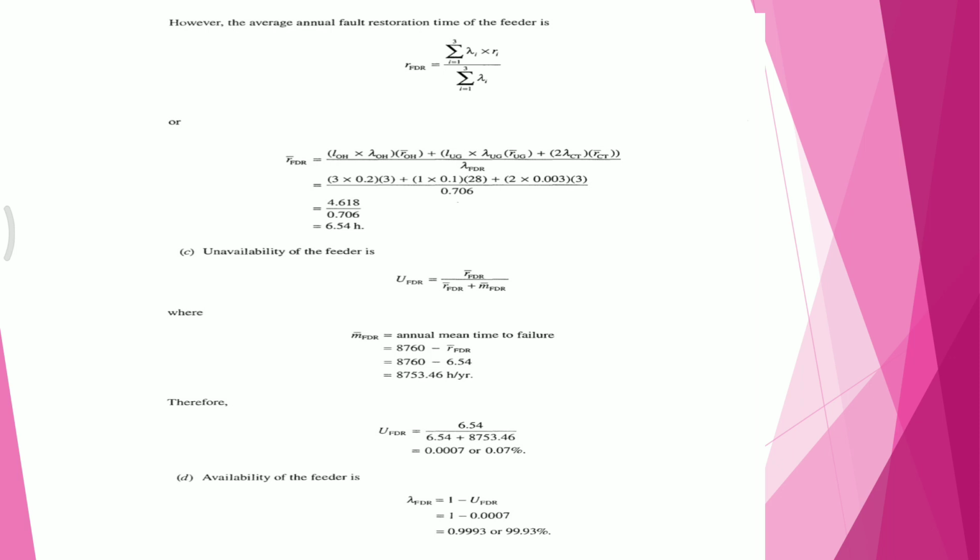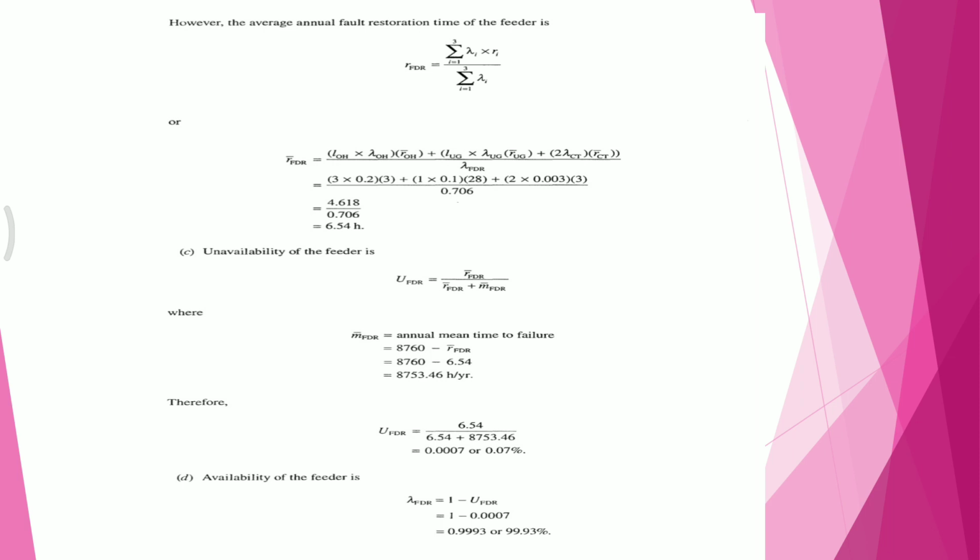Next is unavailability of the feeder. Firstly, we have derived that U is equal to R bar divided by R bar plus M bar. Using that formula, we can find the unavailability of the feeder. That is, the equation U FDR is equal to R bar FDR divided by R bar FDR plus M FDR, where M FDR is the annual mean time to failure,